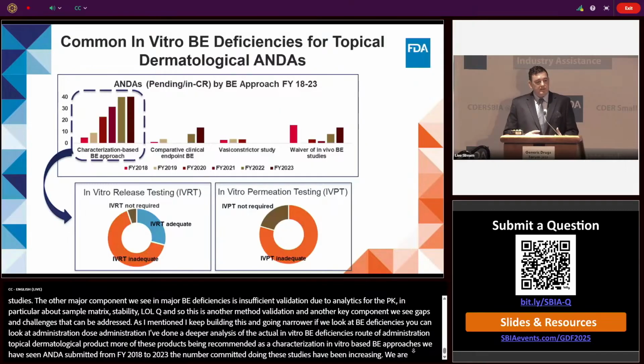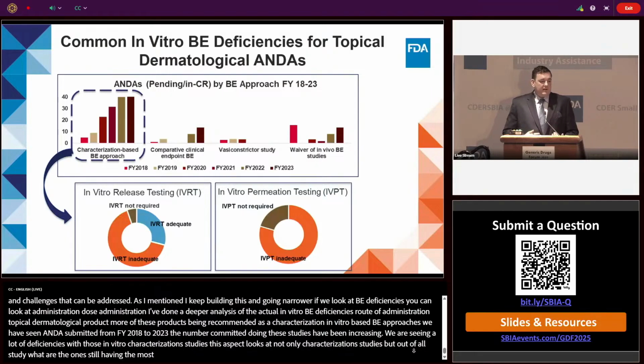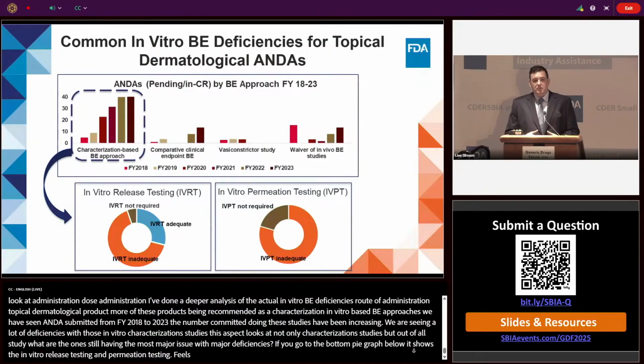So this aspect looks at not only those characterization studies, but out of all the characterization or in vitro studies, which ones are still having the most major issues or major deficiencies. If you go down to the pie graphs or donut graphs below, it shows both the in vitro release testing and in vitro permeation testing. For those applicants in the dermatological space doing in vitro release testing, probably about 33% are getting an adequate within that first cycle,